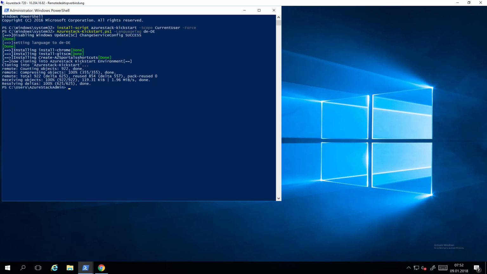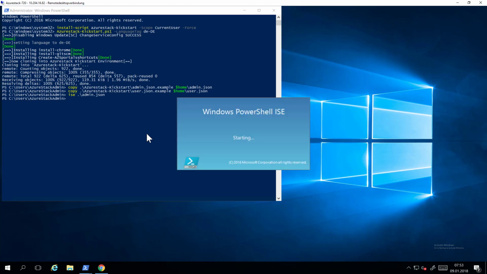So what we first need for Azurestack Kickstart, I have some environmental settings that are copied into a JSON file, which is the admin JSON file. I'm going to copy the files to my home directory from the Azurestack Kickstart installation because I will need them later on to configure my environment. So copy those two files for admin and user. And now I'm editing the files. So for the admin JSON file,